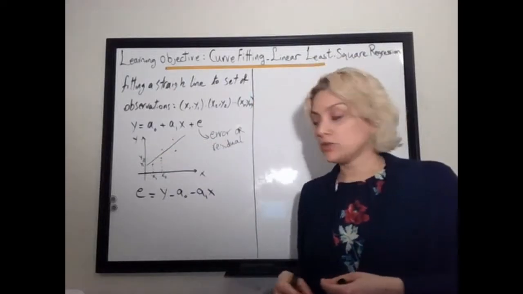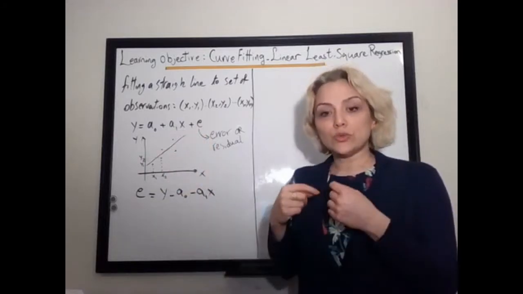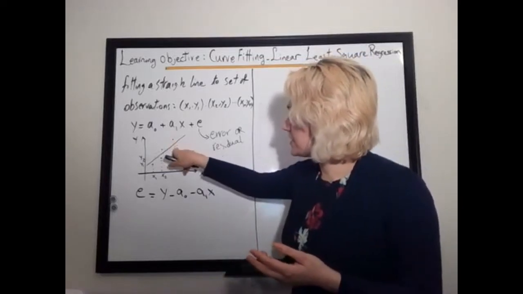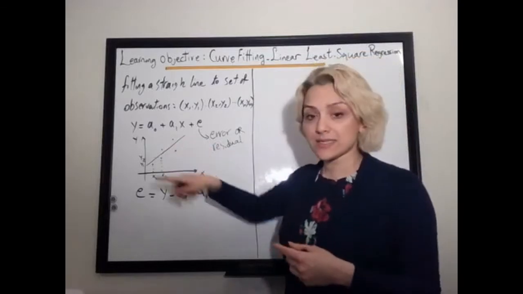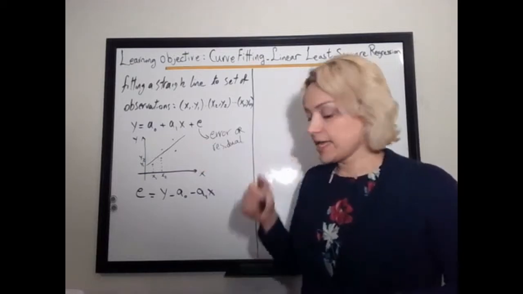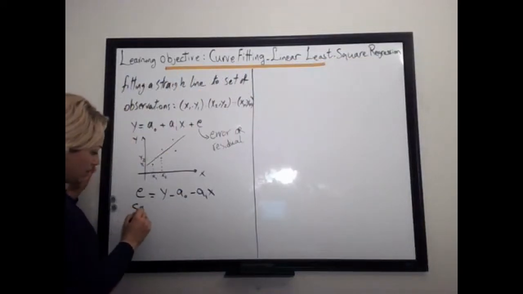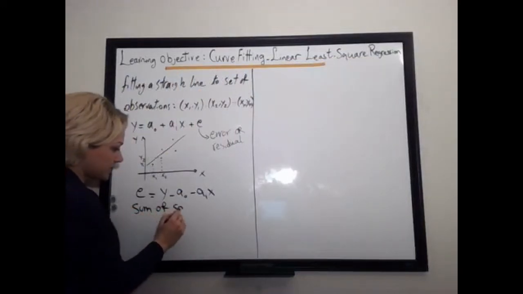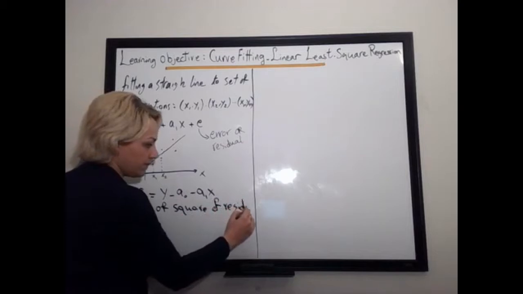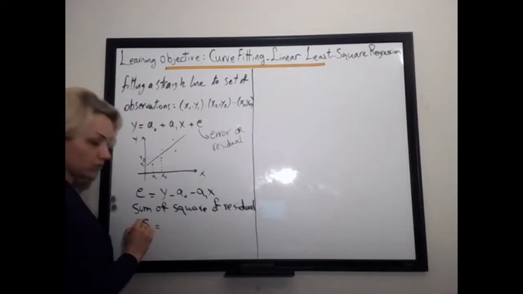So what are we going to do? We are going to square all of these and then add them, because if this is positive and this is negative, and you want to add all of these distances, you don't want them to remove each other. So what are we going to say? We would say the sum of squares of the residual, and we show it by the sum of squares of the residual is equal to,